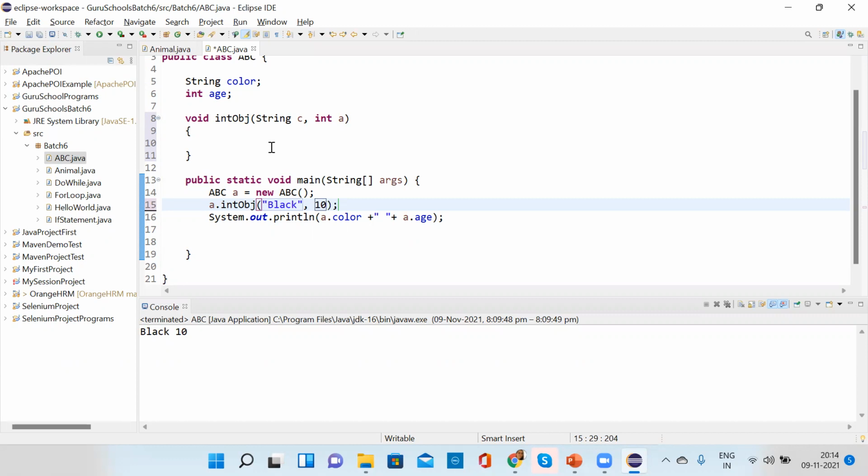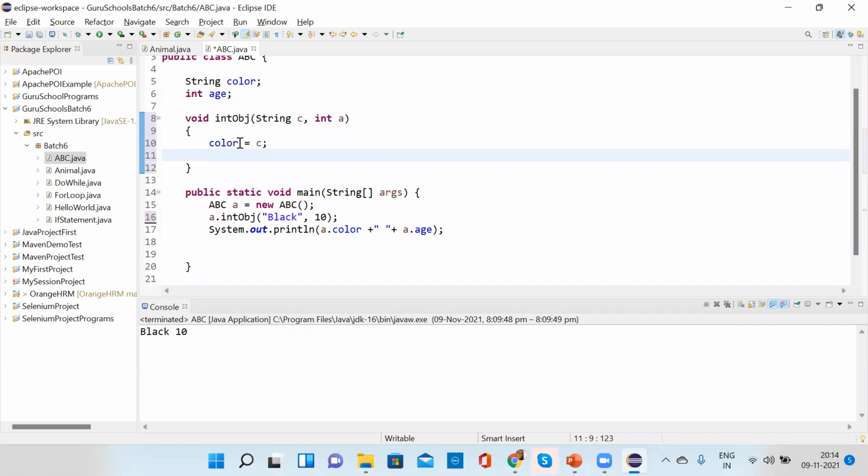So C is storing the value black and A is storing the value 10. Now inside this method, I am giving the value of C to color, color equal to C, and giving the value of A to age, age equal to A.